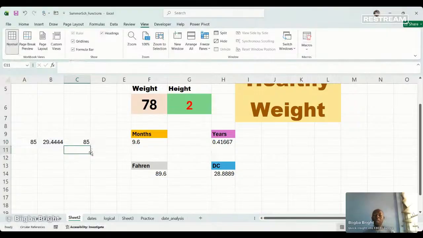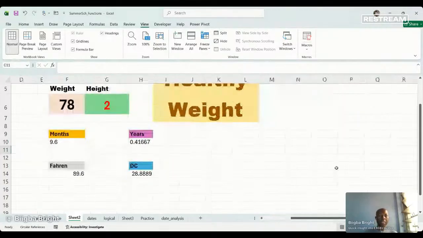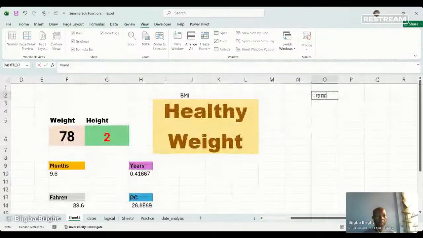So now imagine that if you are a nurse and you have so many of these degrees Celsius and so on that you have to be converting. Now, let me show you where it gets interesting. So I'm going to say run between